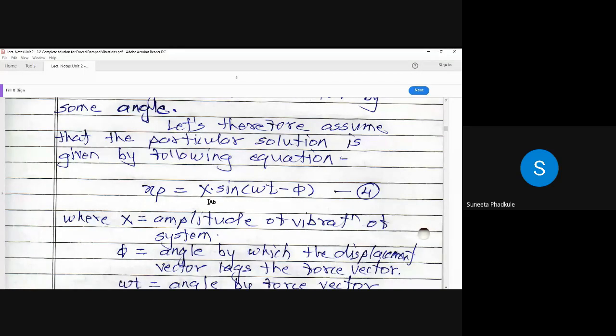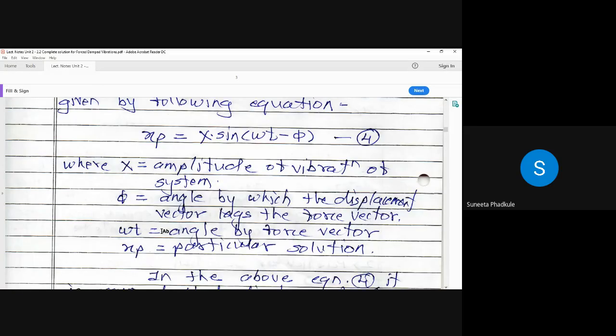This is the amplitude of the displacement vector, which remains constant throughout the vibrations. As long as your external force is acting, your system will be vibrating with the amplitude of vibration capital X. Now you may ask the question: then what is the role of damping, or why do we provide the damping? Anyway, it is going to vanish only, no? So what is the purpose of providing damping? Okay, let me go to that diagram, then I will explain to you.